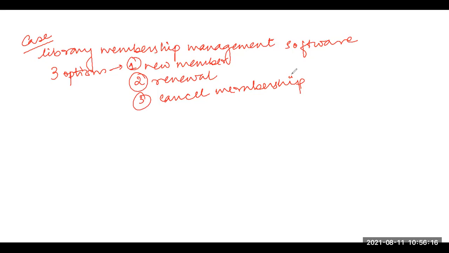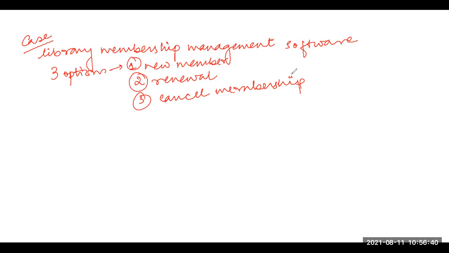And if the cancel membership option is selected and the name of a valid member is entered, suppose when I select cancel membership, the software will ask which member I need to cancel the membership of, right? So then I will enter the name of this valid member, then the membership is cancelled, and the balance amount which is due to the member.